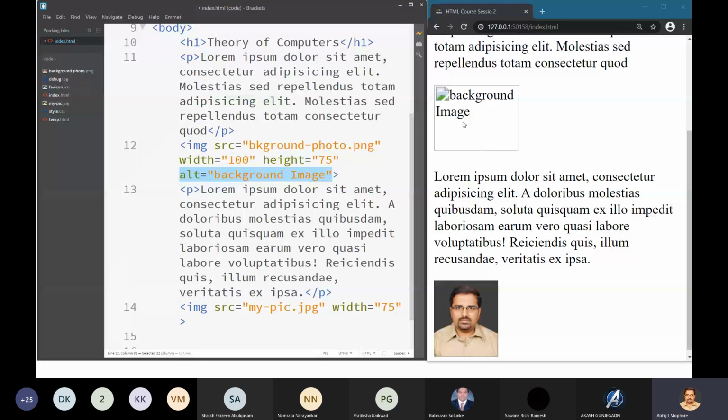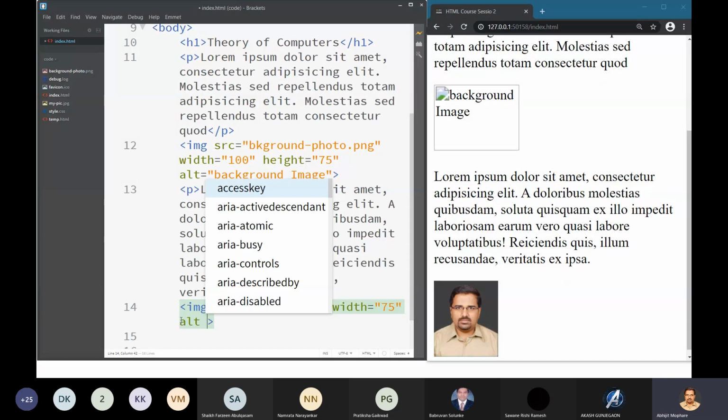Right. So this was one attribute that we have covered. That is alt. Alt means alternative text, alternative to the image. That is normally a text which describes what that image is all about. Right. So here also I can put the alt as my photo or whatever it is.